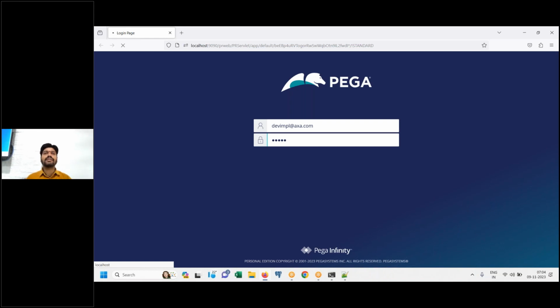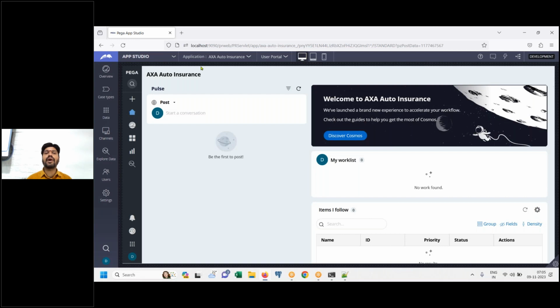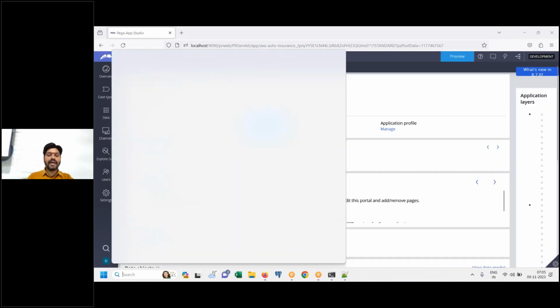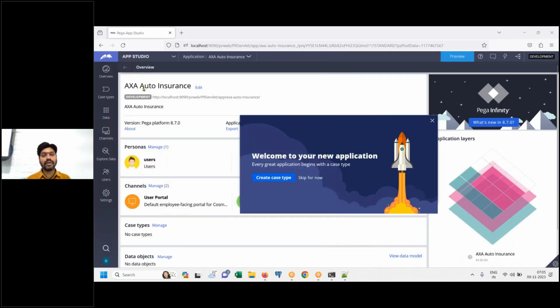See, the part of the task which we did yesterday was creating the framework application, and the next part was creating the implementation application. While creating, we clicked on build from scratch, and the second time we clicked on AXA framework. Clicking on that means you are telling Pega Rules Process Commander to create my application on top of the application where I clicked. That is your forward engineering. Where is the relation between these applications made? Let me draw one diagram and tell you. It will be more clear.